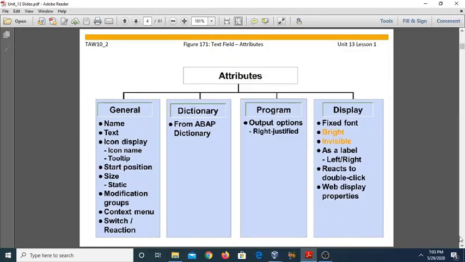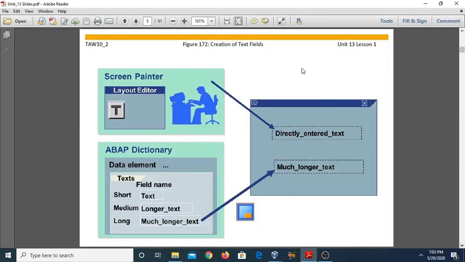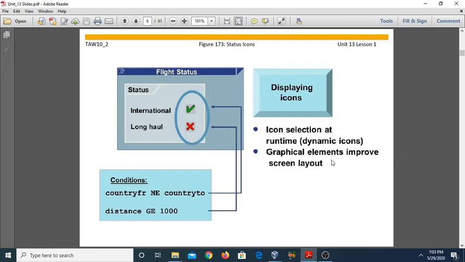Now come to the next screen element. The creation is the same as the text field that I have already discussed practically. Now come to the next, status icon. You can also change the status icon for the output fields that contain an icon.